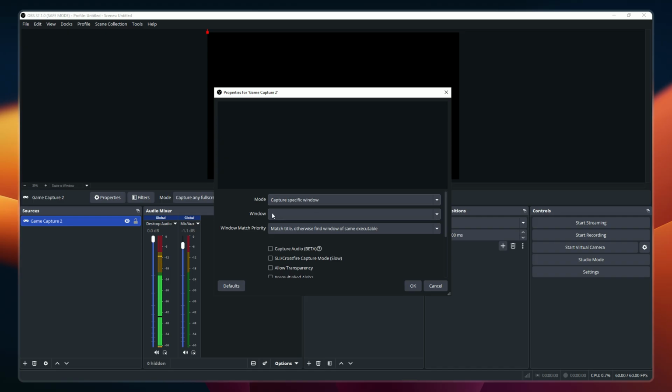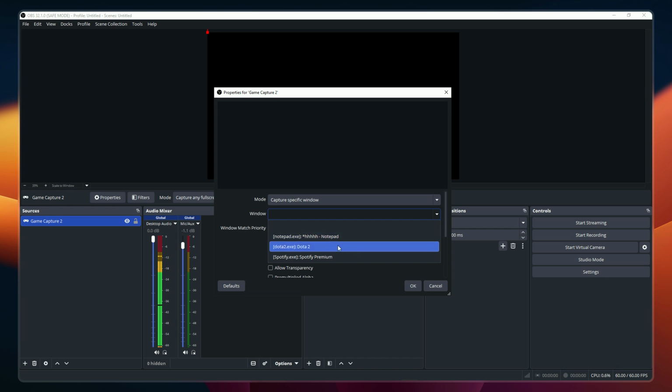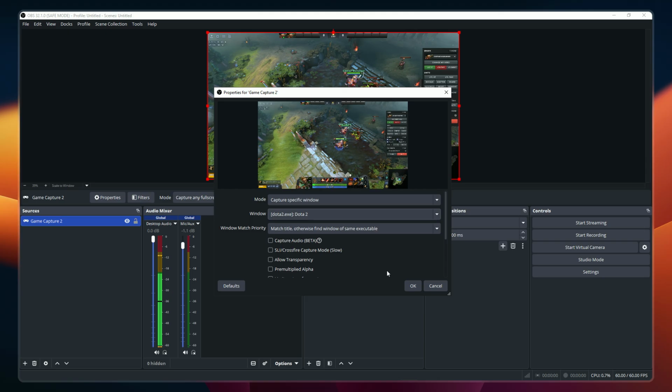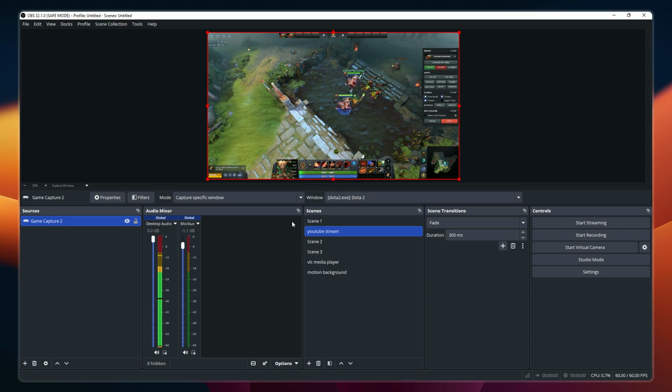Right beside that, navigate to Window and click the drop-down menu. Select your specific game from the list of running applications. Make sure you choose the correct game window to ensure OBS captures exactly what you want to stream. Once you've selected your game, click OK to confirm your settings. Your game should now appear in the OBS preview window, showing you exactly what your viewers will see during the